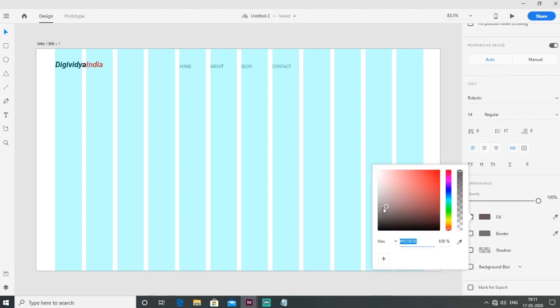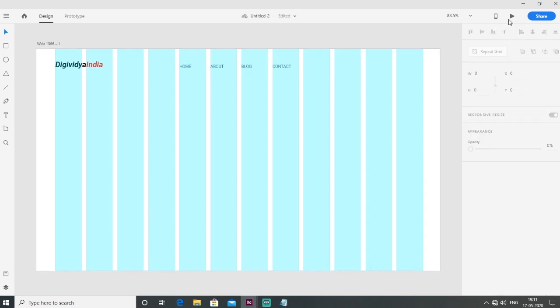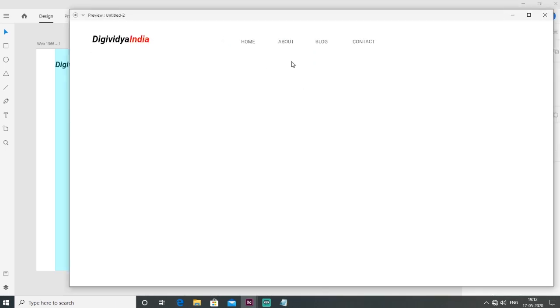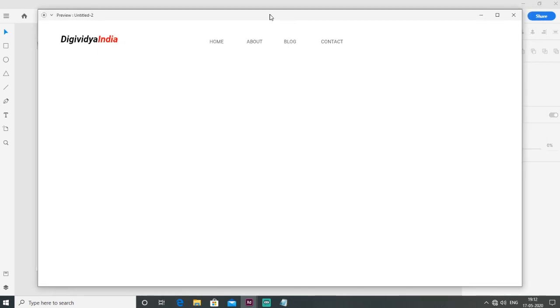Then I go to the fill tool. I change the color into dark gray. Now I want to preview my page. So here is a play button to show you how your website looks like.